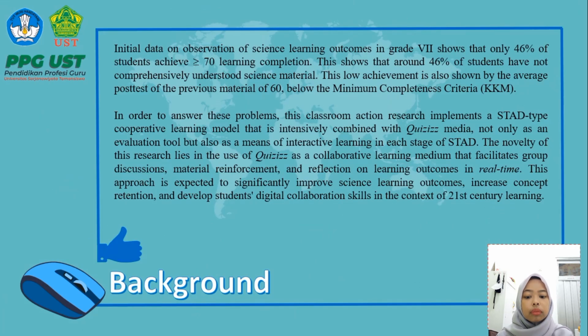First of all, the reason why I chose this research is that initial observation data of science learning outcomes in grade 7 shows that only 46% of students achieve equal to or more than 70 learning completion. This shows that around 46% of students have not comprehensively understood science material. This low achievement is also shown by the average post-test of the previous material of 60, below the minimum completeness